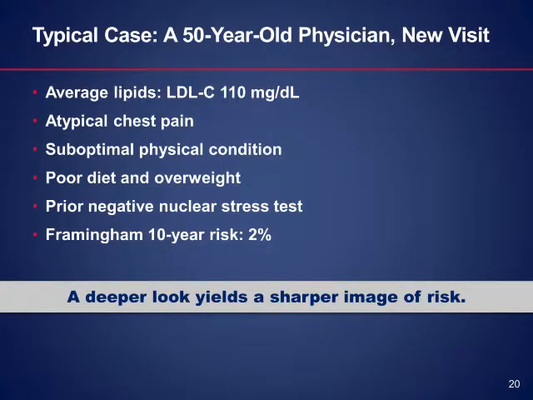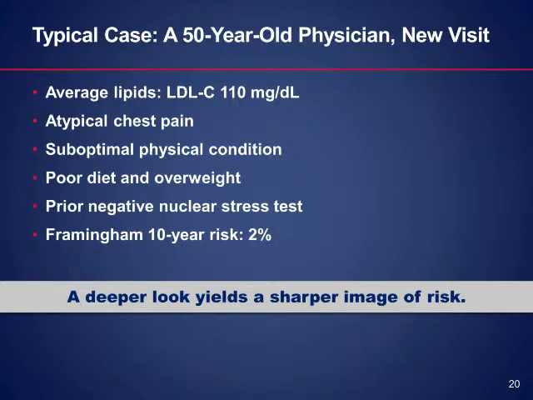Now let's take what we've learned about lipids and lipoproteins, biological markers, and imaging of subclinical disease, bring it all together, and evaluate a typical case that you'll see in your clinical practice. This is a 50-year-old physician with his first visit to the office. He has fairly average lipids, in fact, a little better than average in that his LDL cholesterol is only 110